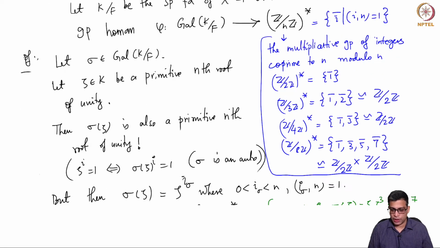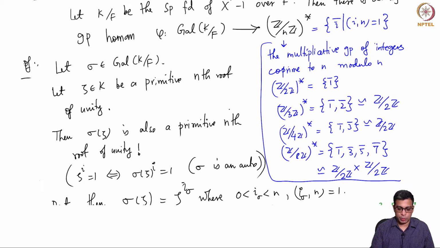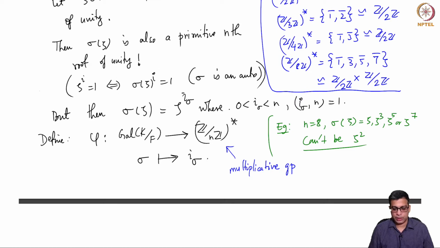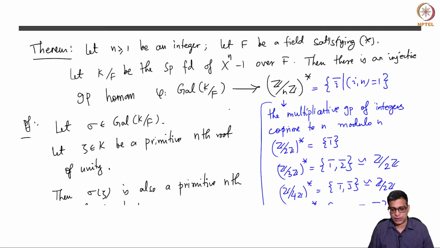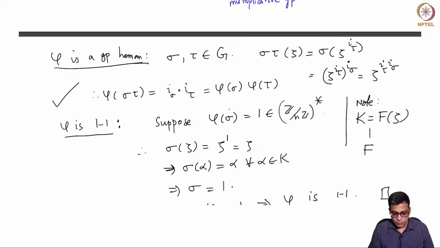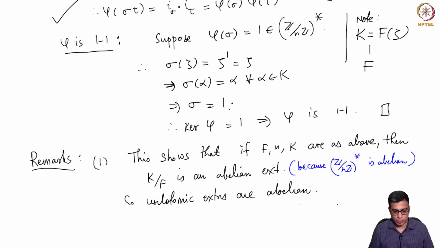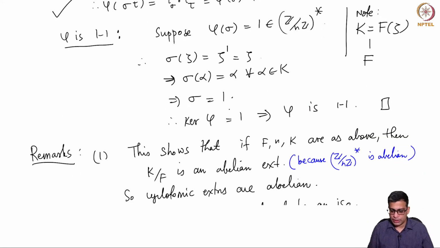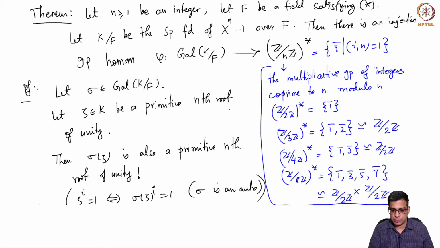As part of this, we constructed a specific homomorphism by observing that if you take an element sigma of the Galois group, and you take a primitive nth root of unity zeta, when you apply sigma to zeta, you get zeta to the power a, where a is coprime to n. And then it's easy to see that that's a group homomorphism and it is one-to-one. We ended the last class by saying that in general, this map is not surjective, it is only injective.